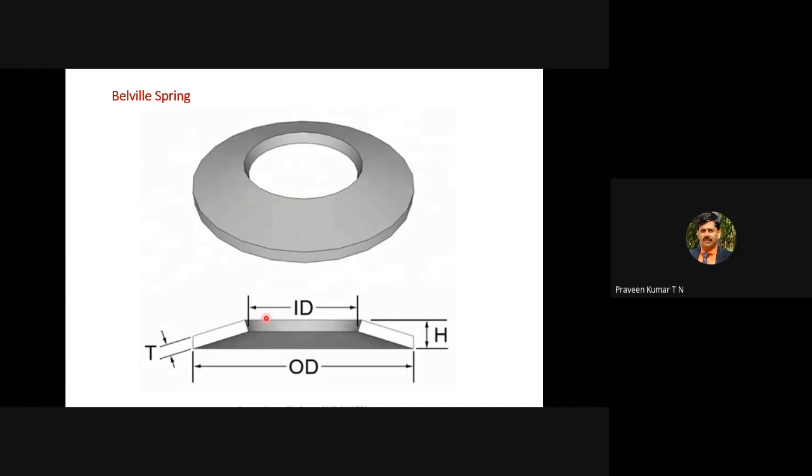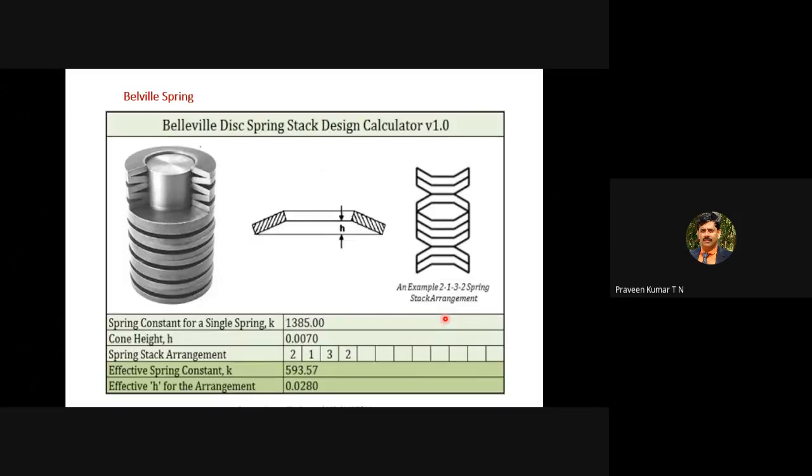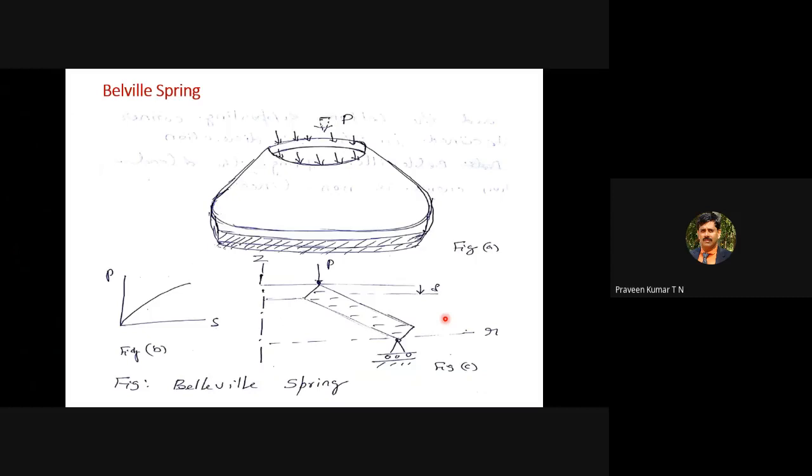This is one more schematic diagram. This is the inner diameter, top diameter, outer diameter OD, and height H. This is one more diagram which shows the Belleville disc spring. It is also referred to as a disc because the springs are available in the form of discs. So this is a schematic diagram of the Belleville spring, and loading is applied in the vertical direction, P. This particular point can move along the vertical direction. There is a Z movement. The vertical movement is given by the deformation W.